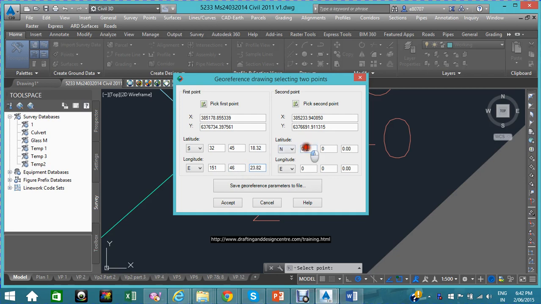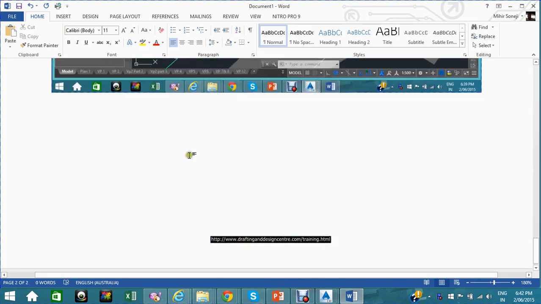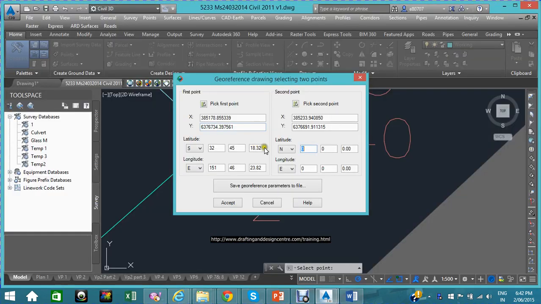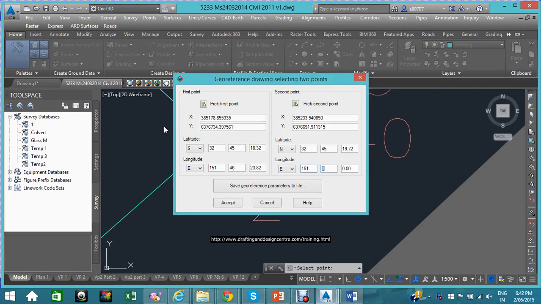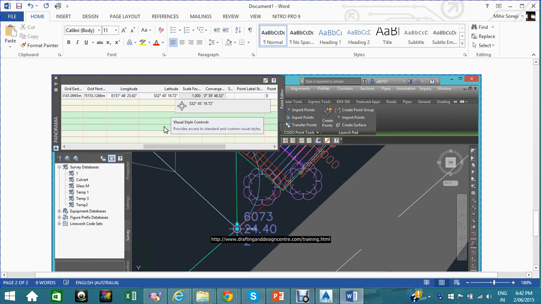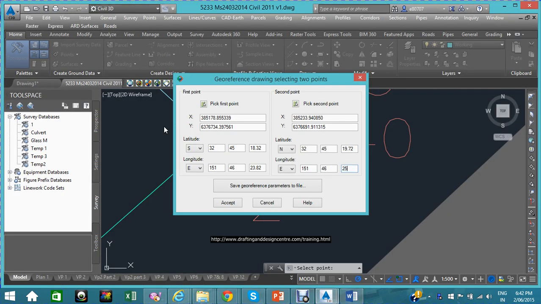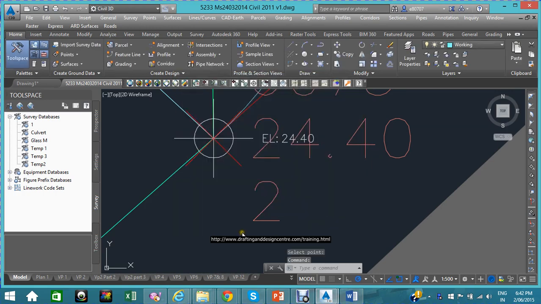Okay, similarly I go to second point, which is here 32, 45, 19.72. Easting 151, 46, 25.92. Notice that there's big difference here. Accept, and then